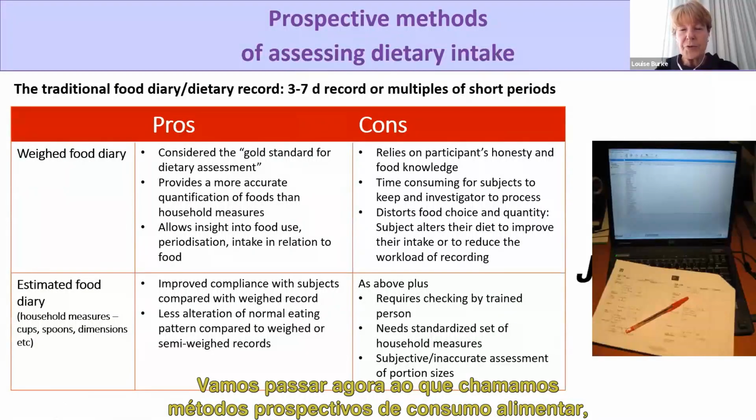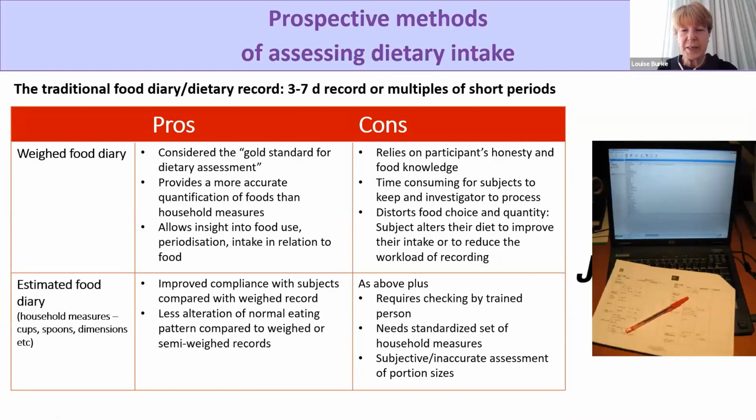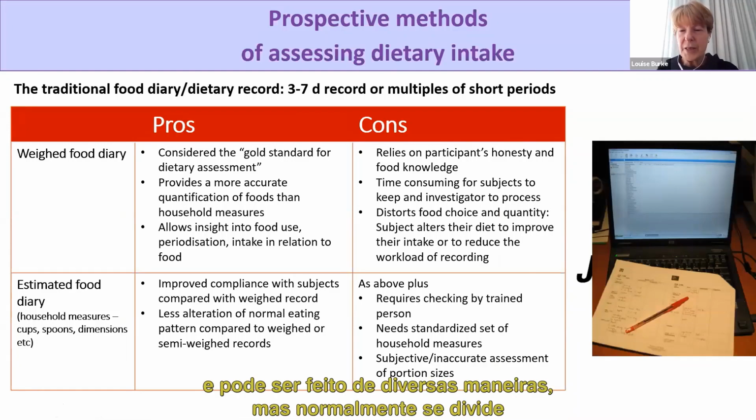Let's now move to what we call the prospective methods of food intake. This is where you're asking an athlete to record in the future their food intake. And the traditional method is with the paper and pencil. And we can do it in a number of different ways, but we generally try and divide it into those